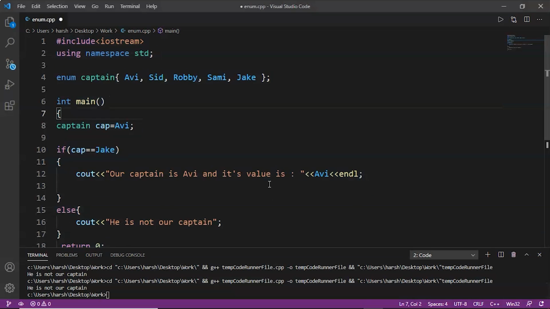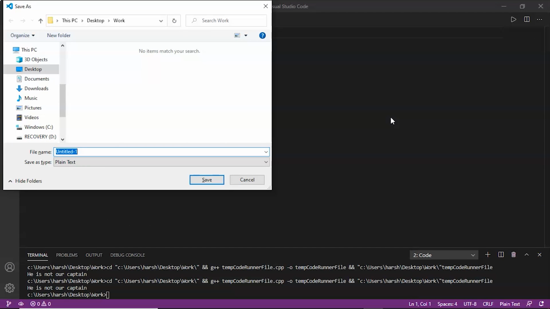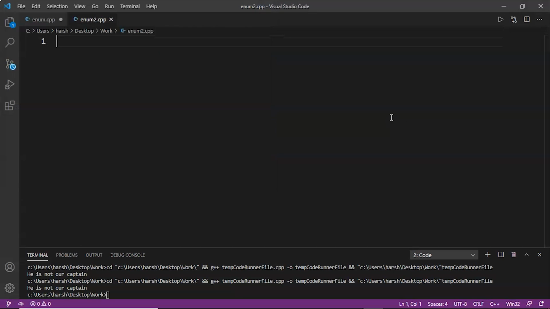Now let's make a new file and name it as enum2.cpp. Okay, now we will add the header files #include <iostream> and using namespace std.